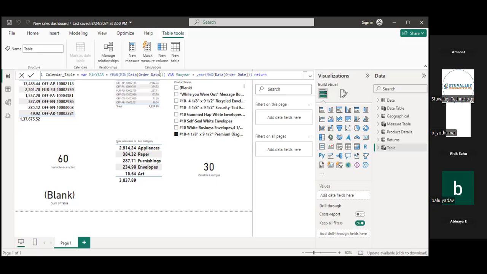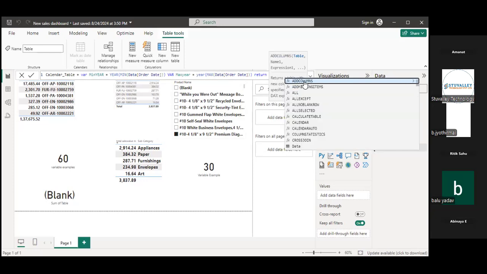वेरिएबल तो मैंने डिक्लेयर कर दिया. अब ये वेरिएबल मुझे क्या देंगे, इस ऑर्डर डेट का मिनिमम ईयर दे देंगे, मैक्सिमम फंक्शन और ईयर फंक्शन की हेल्प से मैक्सिमम ऑफ ईयर दे देंगे. बट दैट इज नॉट माय रिक्वायरमेंट. I want something else. If I want that, I use simple calendar auto function. So what is my other requirement? I want some extra column. So for that extra column, I will use one more DAX function, that is add column. Now let me know what is the use of add column.